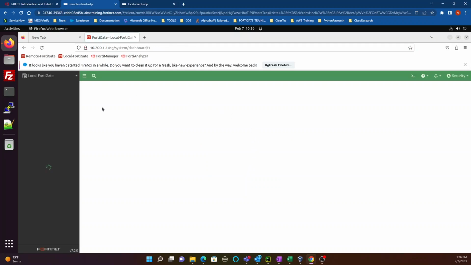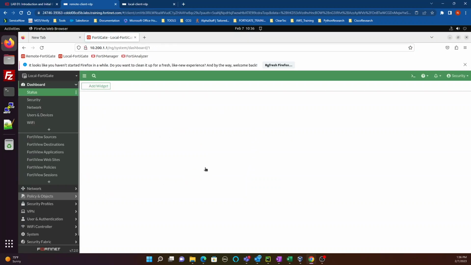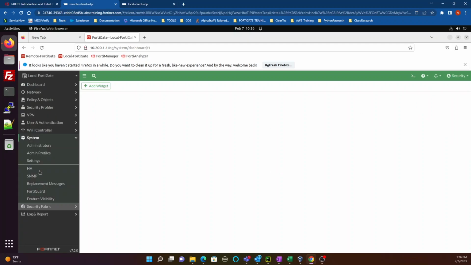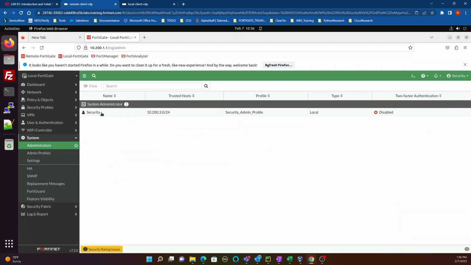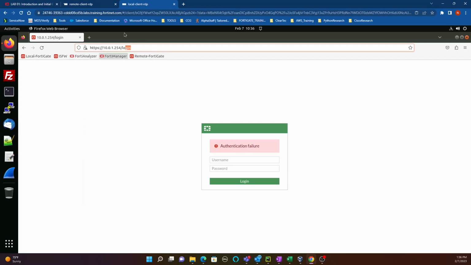And as you can see from the remote client, we're in that same profile. We could go again, system, the admins, trusted hosts. You can see right there, security admin profile and everything, right? So now if we do want to let the local client in, we just got to allow his subnet. And his subnet is,